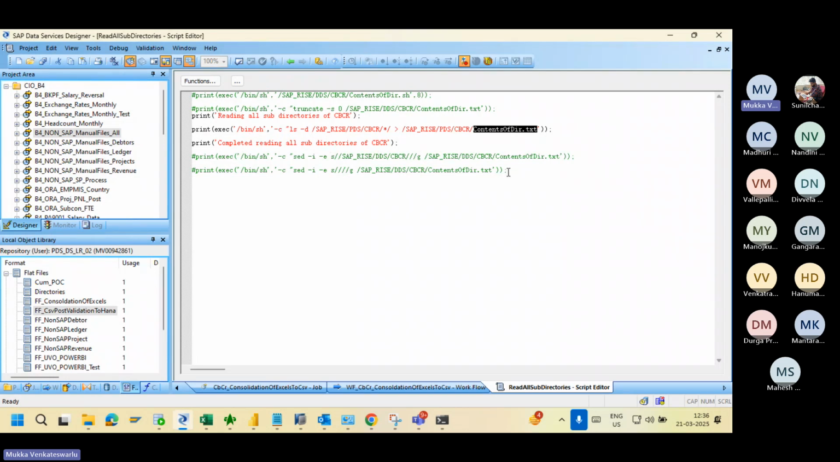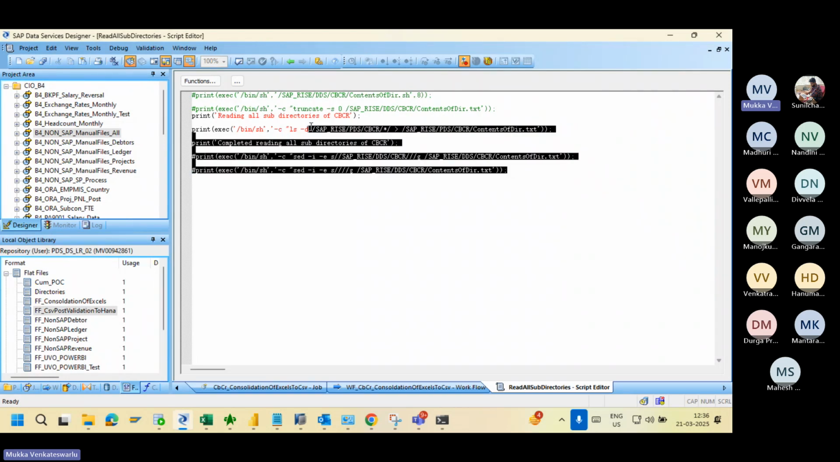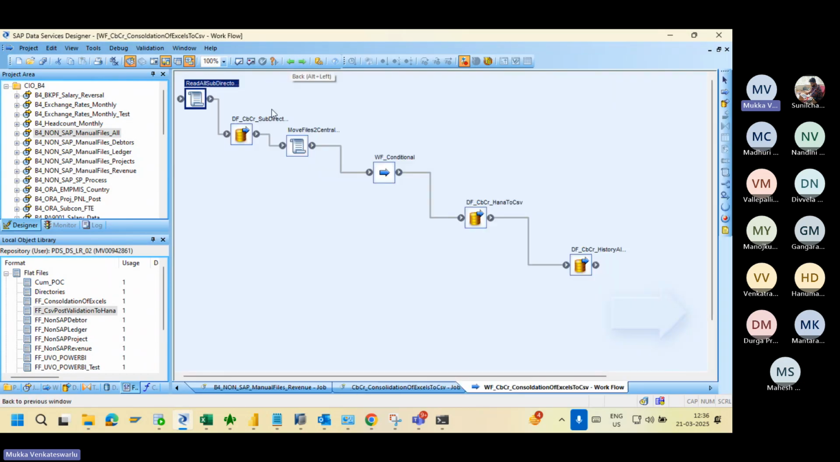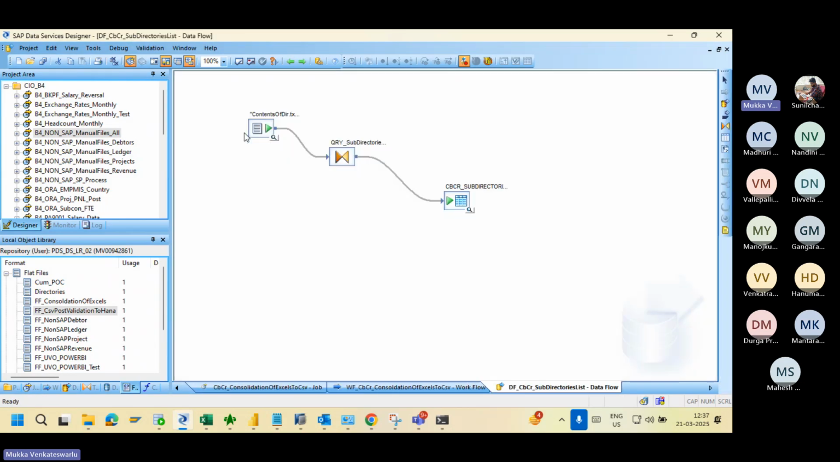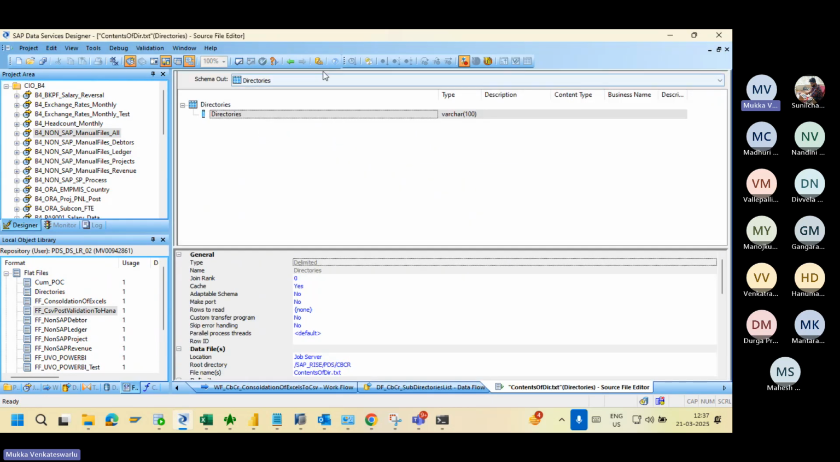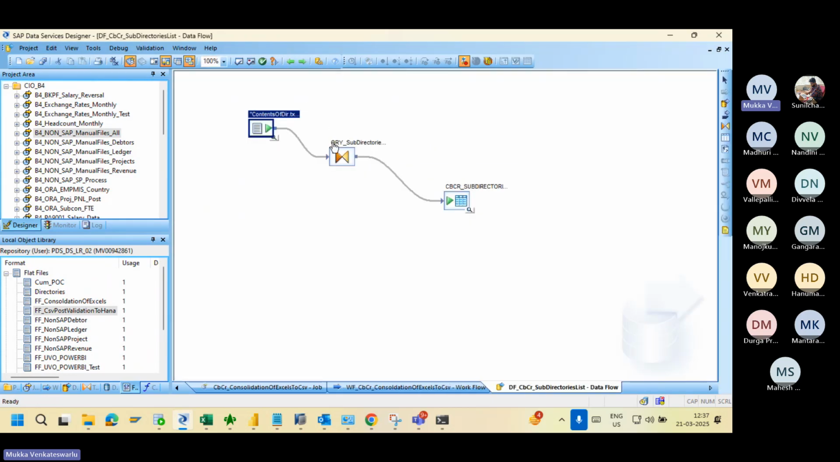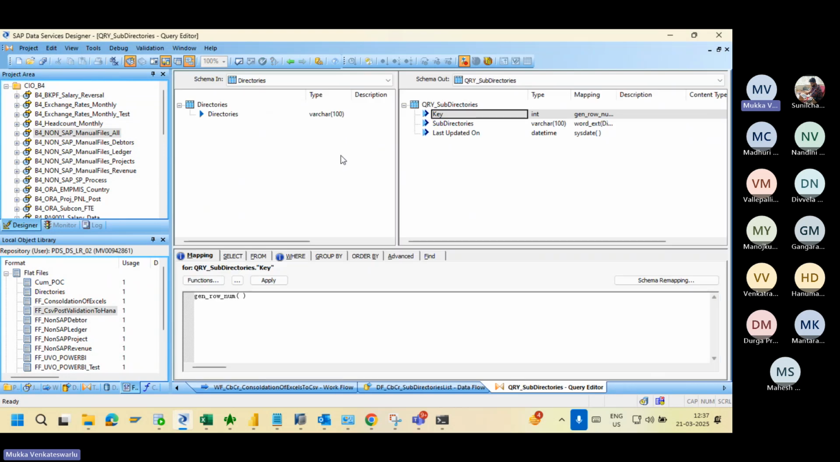This is the Unix script to capture the path of all individual sparks, and load all the individual spark paths into this txt file. After that, I'm taking that file as a source, and loading the data, loading those folder names,